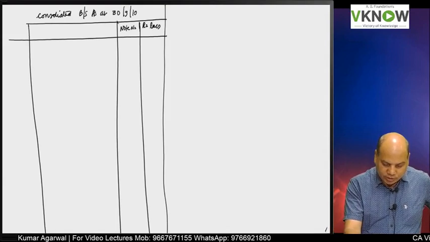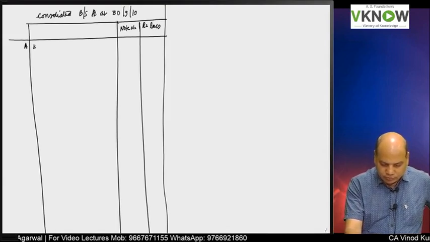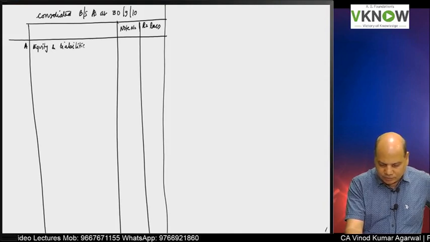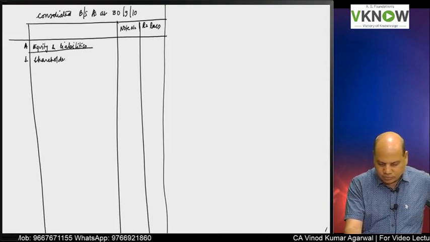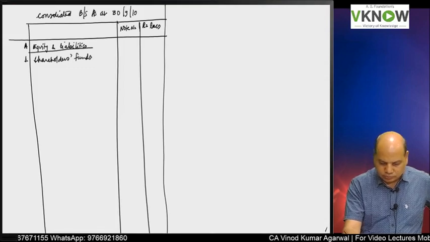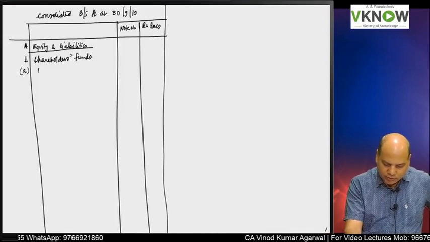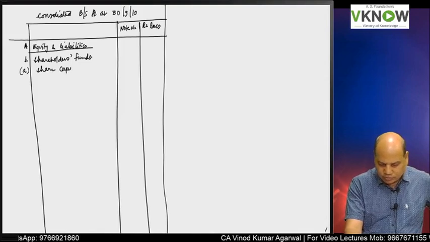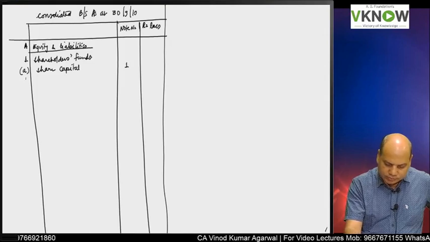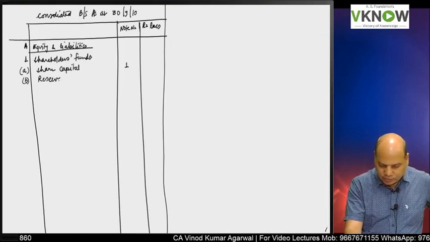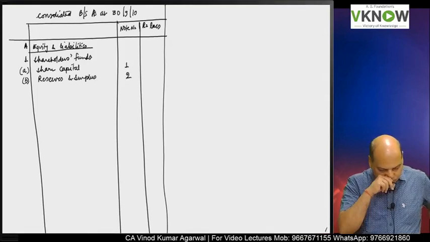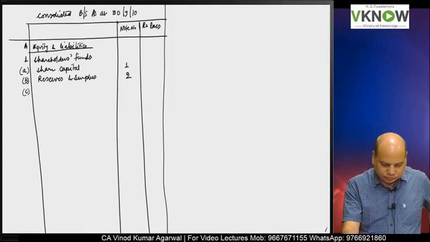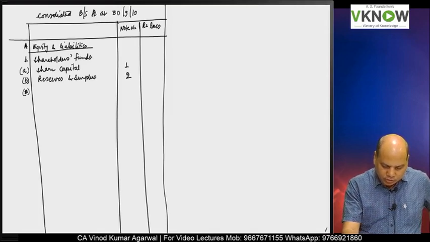So first you write down point number A, equity and liabilities. Under that, one, shareholders funds. Under that, small a, share capital, note 1. B, reserve and surplus, note number 2. C, or point number 2, write down